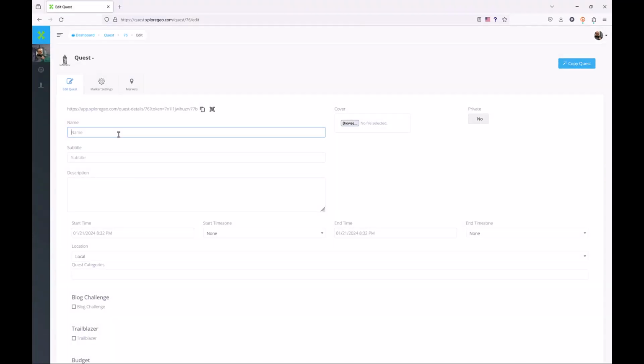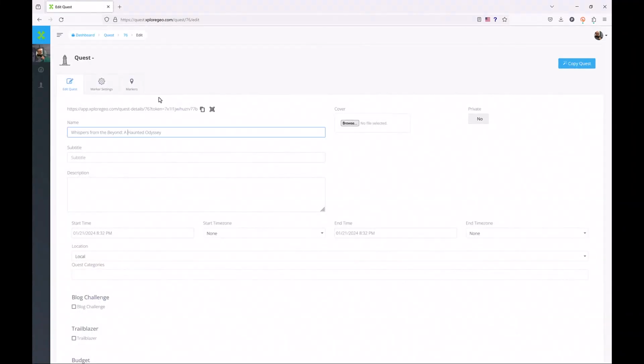Copying the name into my buffer, I'm going to switch back to the website and paste it into the name field. Now I'm going to edit this name because I don't like exactly how it is. I'll start the video again when I'm done editing. Now that I have the name for the quest that I like, I'm going to go ahead and switch back